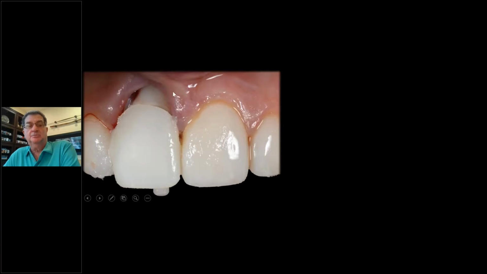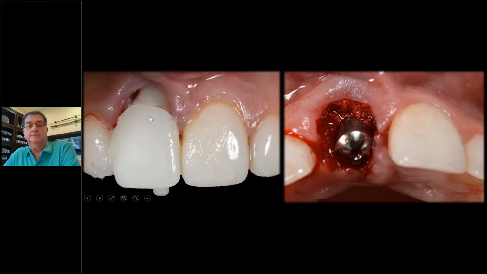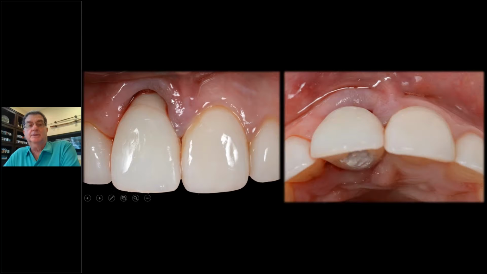So Steve made a flat profile temporary. Here it is starting to make it. And then we packed the graft in after he made the temporary. Dual zone grafting is still done. But we're going to under contour this. Here's the temporary. Look how flat that is up here.